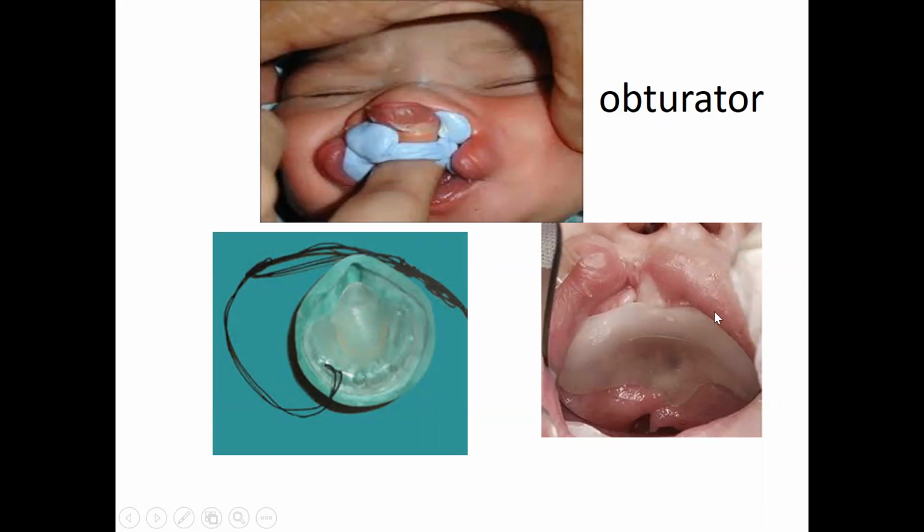So what will happen if you fix this obturator? If you see closely, there is a bilateral cleft palate here and here. When you put the obturator, now there is no defect, so the patient can do sucking and swallowing properly. We can use this type of obturator as well, but this is a temporary solution. Ultimately, we have to go with the correction.